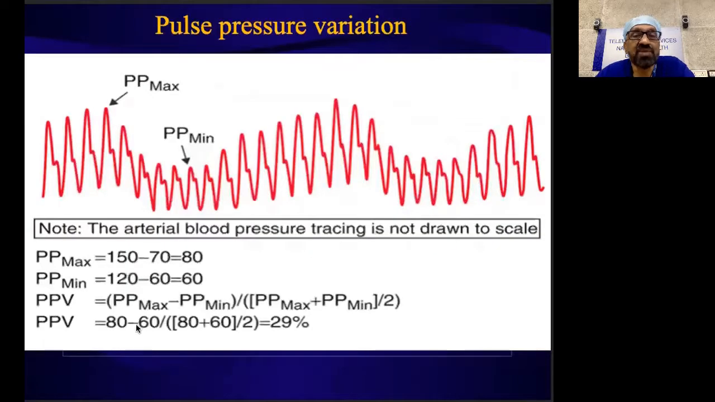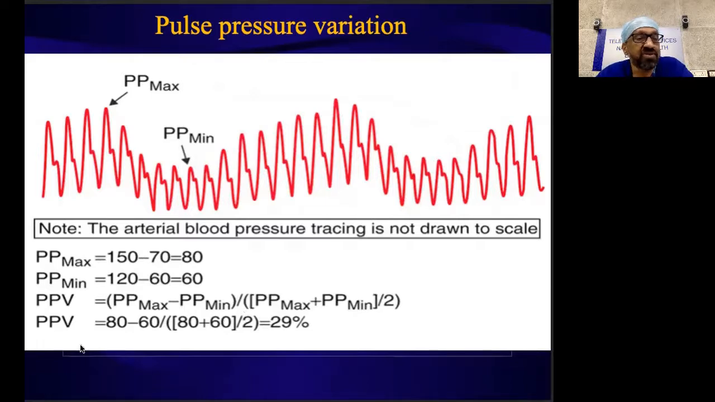Similarly, pulse pressure variation can also be determined, which is the difference between the maximum pulse pressure and the minimum pulse pressure divided by the mean pulse pressure of the two. This gives us the pulse pressure variation. And this is also an index of volume responsiveness and is considered to be a dynamic indicator of the preload